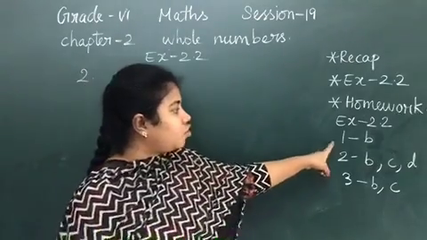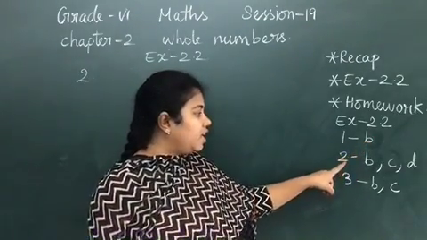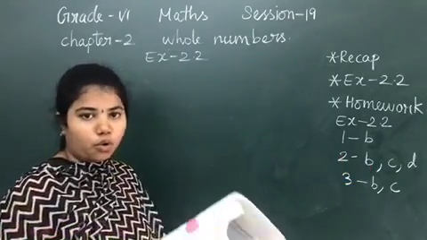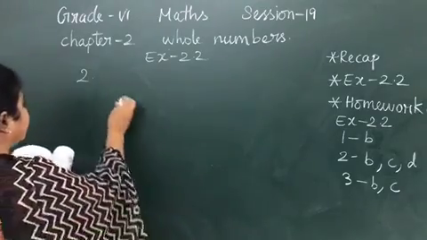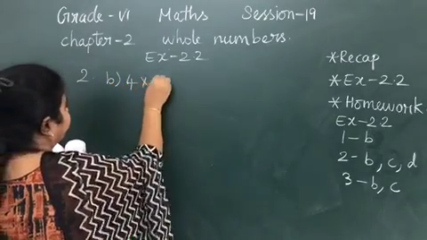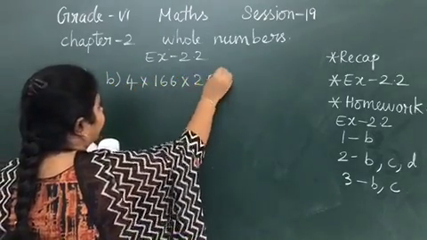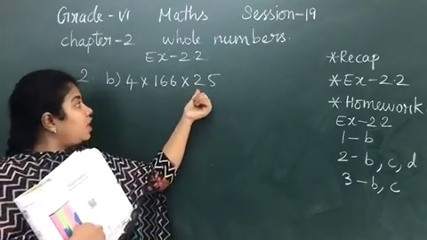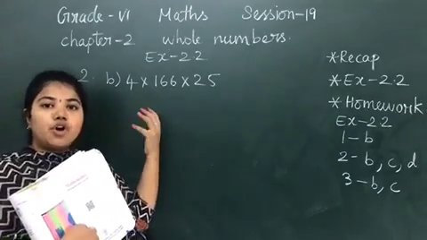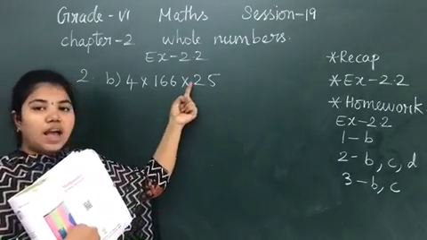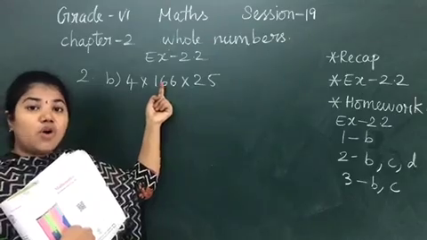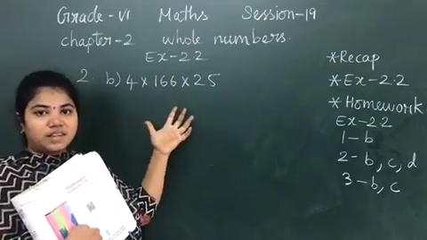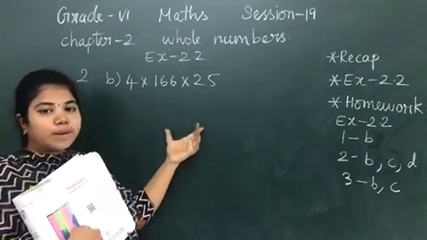See here, first Roman letter B is your homework. I have explained 2A already. Now B I will explain, and you are going to do the sum at home. Okay. See the B sum. In the previous sum we had 50 into 2. Now I have 25 into 4. What is 25 into 4? Obviously it is 100. Now 100 into 166. So 16,600 will come as an answer. I told you the answer also, but do it stepwise at home.